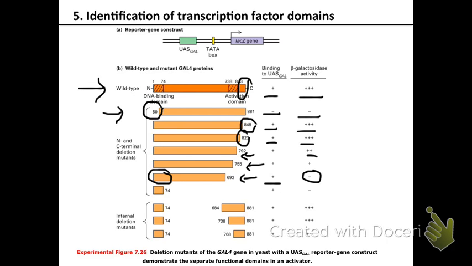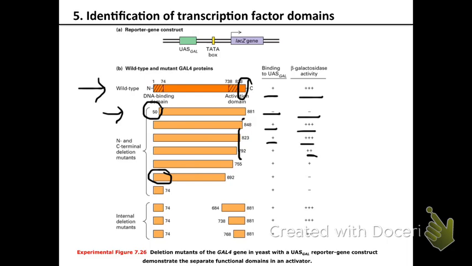So by looking at these coordinates, the first time that you started affecting the transcription, you were deleting something between 792 and 823, right? So what you can say is that starting from here is where the activation domain starts,